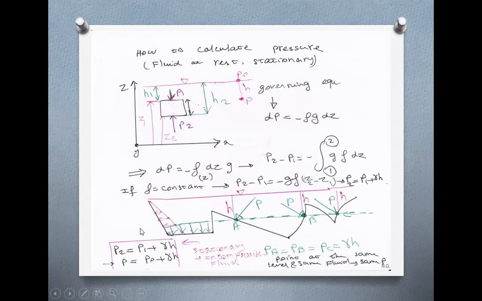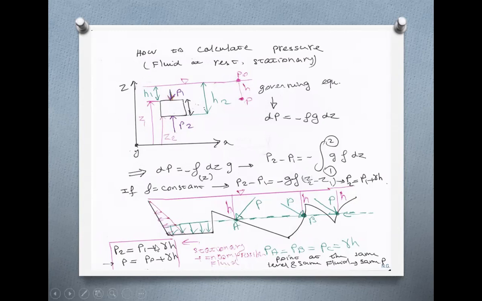Then we can prove this formula that P2, pressure on this surface, which is located at level 2, is P1, whatever pressure on top surfaces, plus gamma H. And H is H2 minus H1, difference. This vertical distance between these two levels is H2 minus H1. Or,